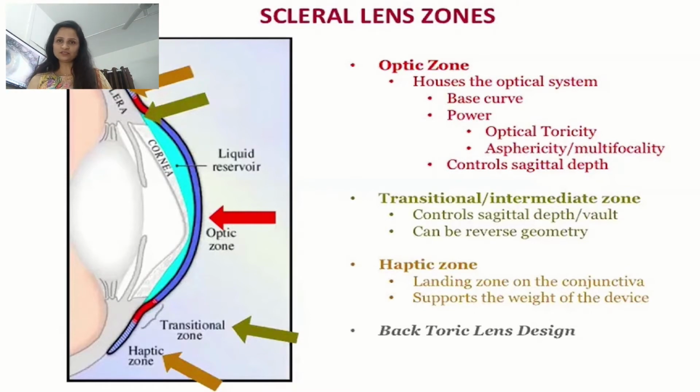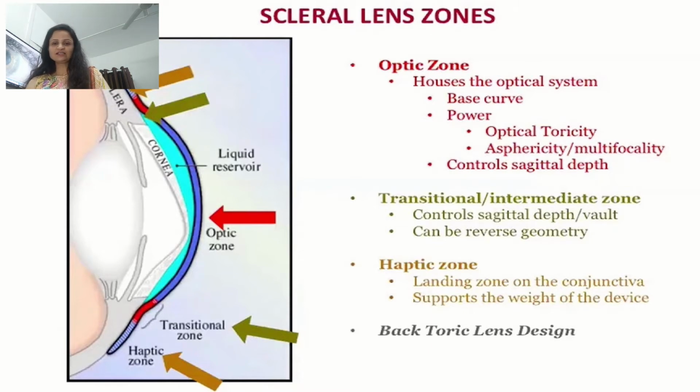So for all these purposes, we need to see a variety of lenses, try to see how the fitting is best for the patient, see how the patient is responding to it, and see the comfort level of the patient. Because of this, we have a scleral contact lens trial which lasts anywhere between half an hour to 4 hours, to see the effect of the lens on the patient and on the eye, how comfortable he is with it, whether it is blanching the blood vessels or not, and whether it's leading to visual improvement or not. These are the things we see during a contact lens trial.